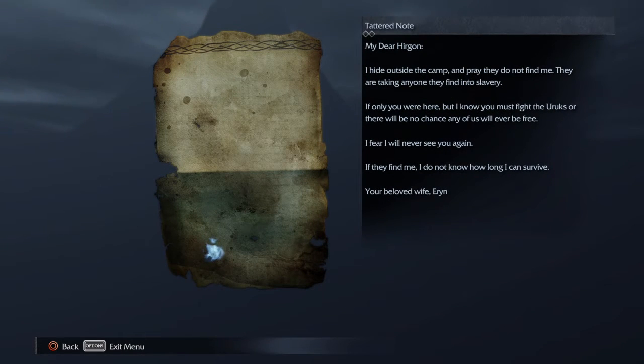My dear Hirgon, I hide outside the camp and pray they do not find me. They are taking anyone they find into slavery. If only you were here. But I know you must fight the Uruks, or there will be no chance any of us will ever be free. I fear I will never see you again, if they find me. I do not know how long I can survive. Your beloved wife,